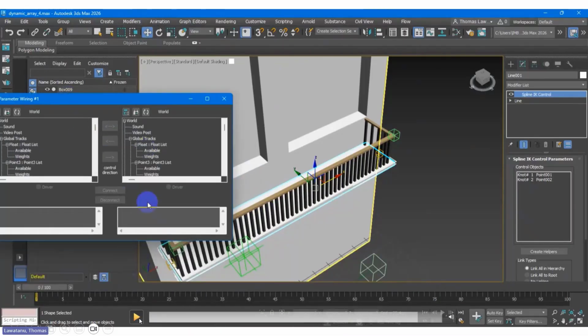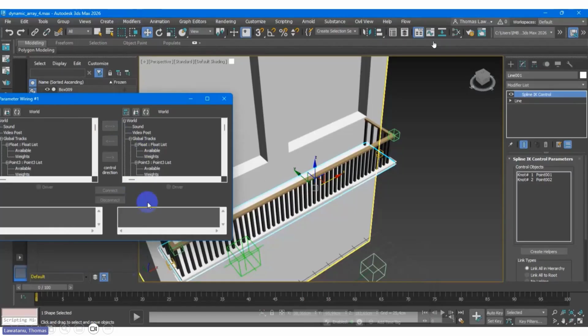This is the dialog. If you never used the wire parameter, this is the wire parameter. These are two boxes. Let's say the point here, and then another. This is the condition. I want this point to be multiplied in the x-axis.